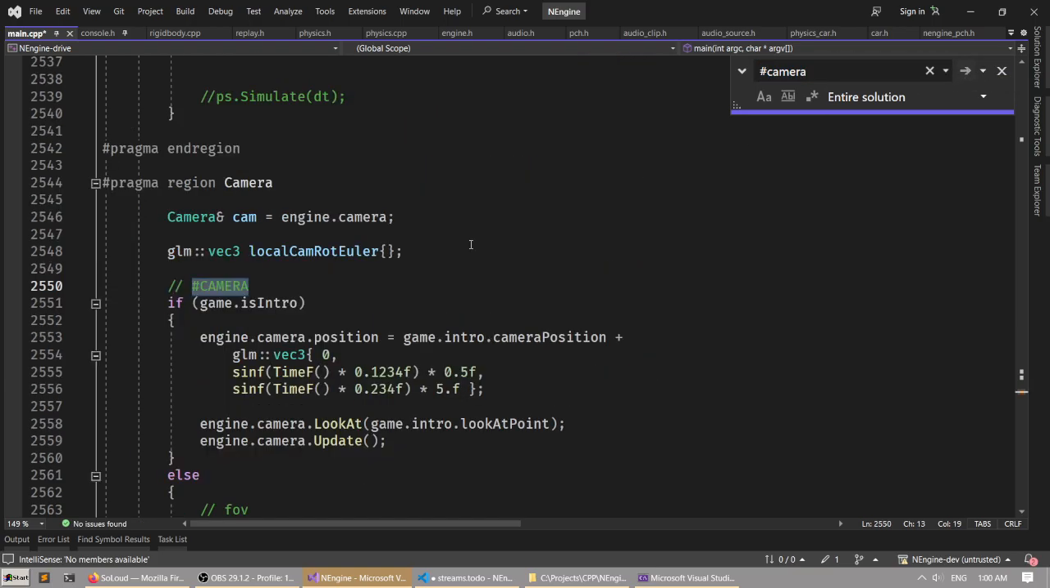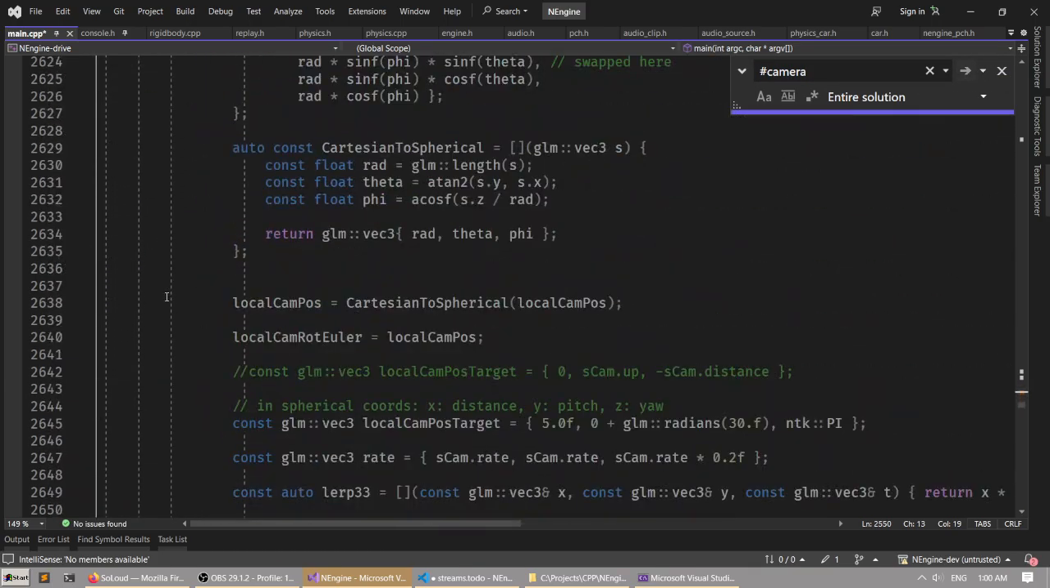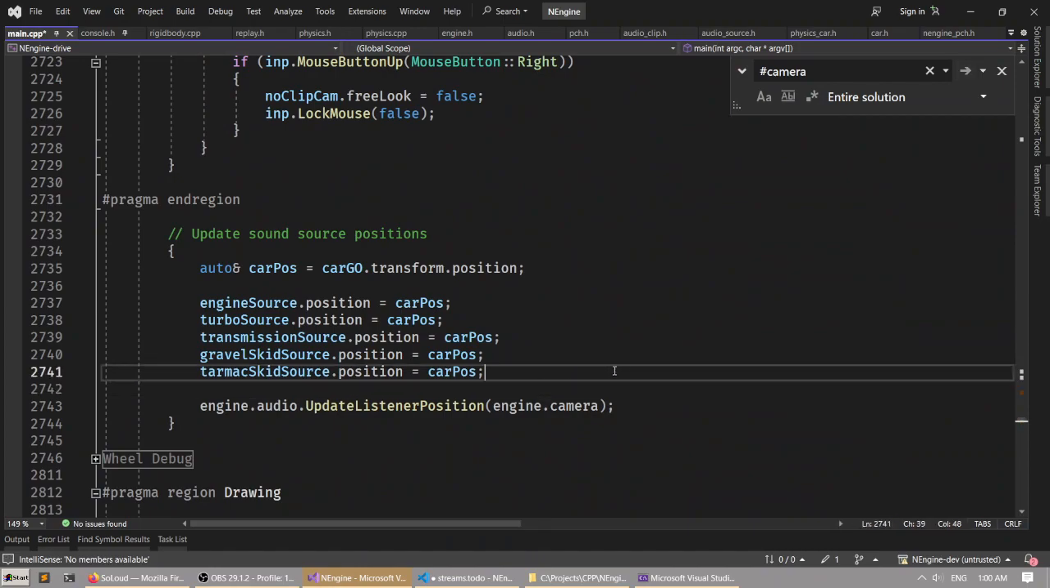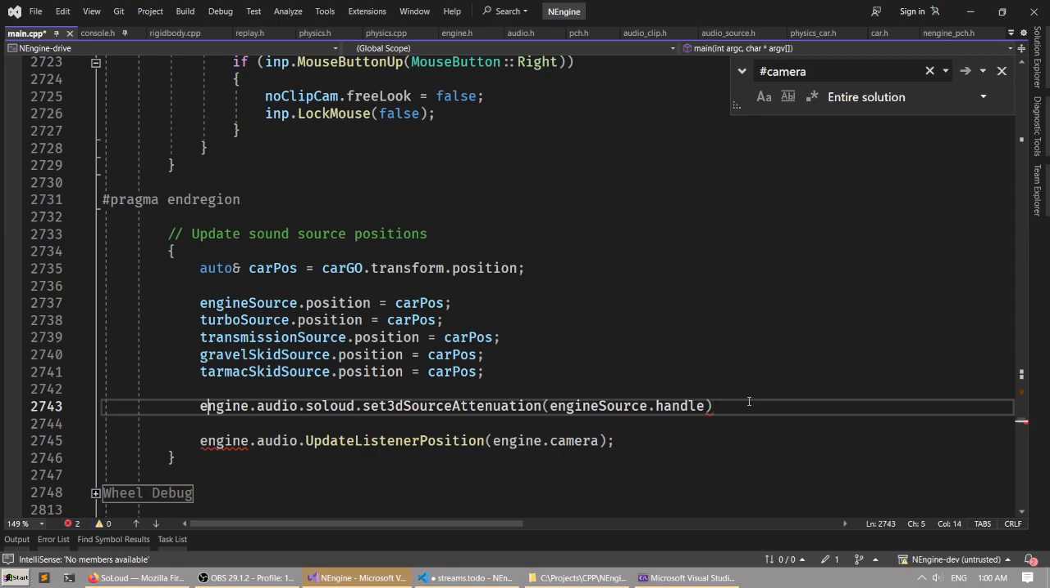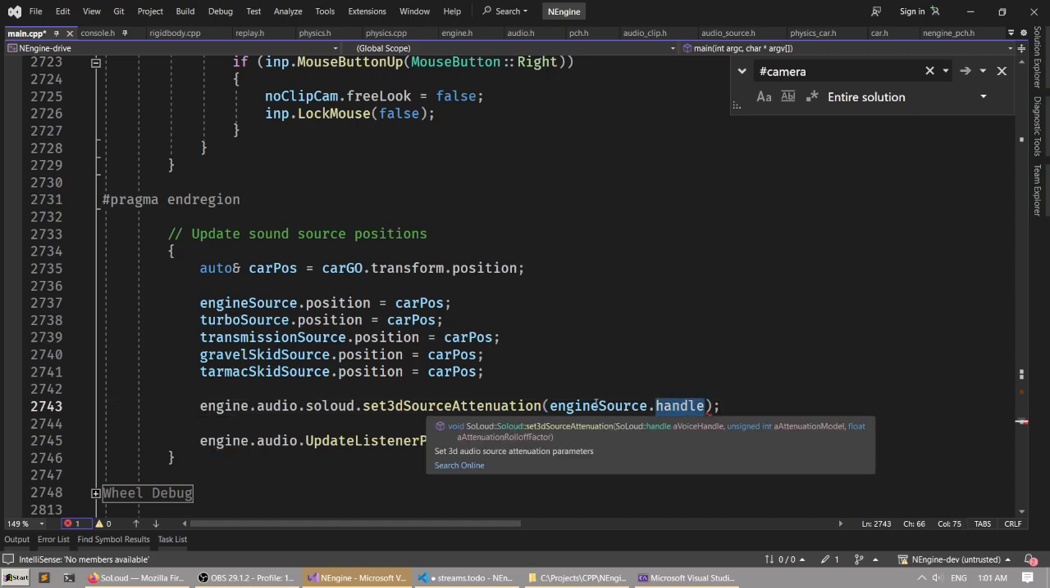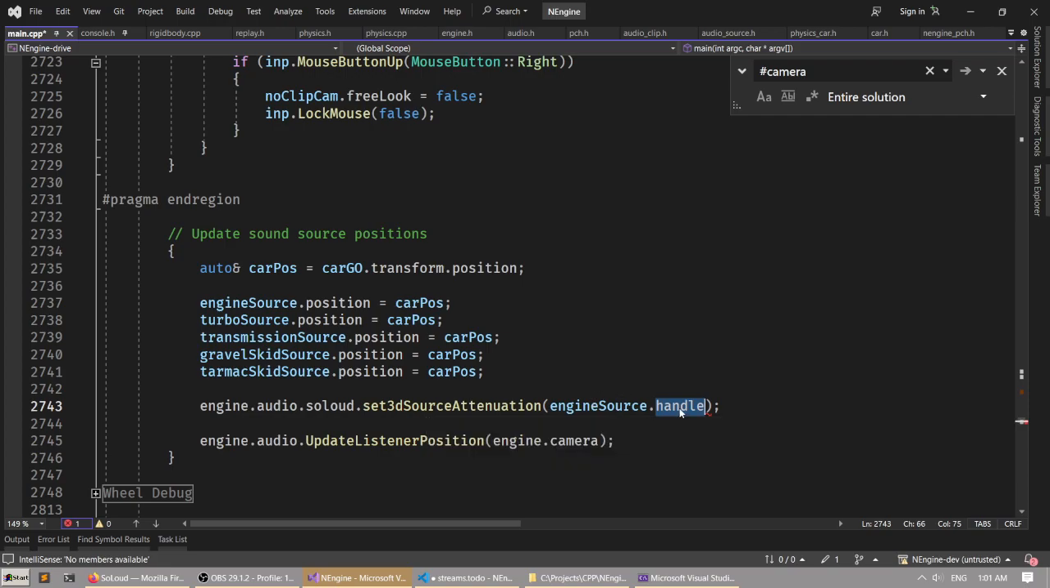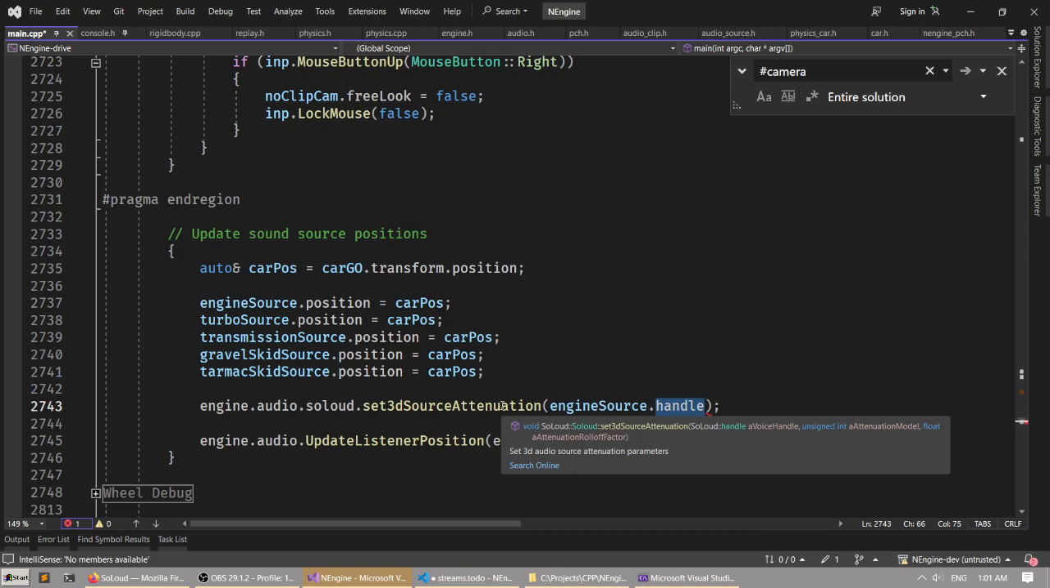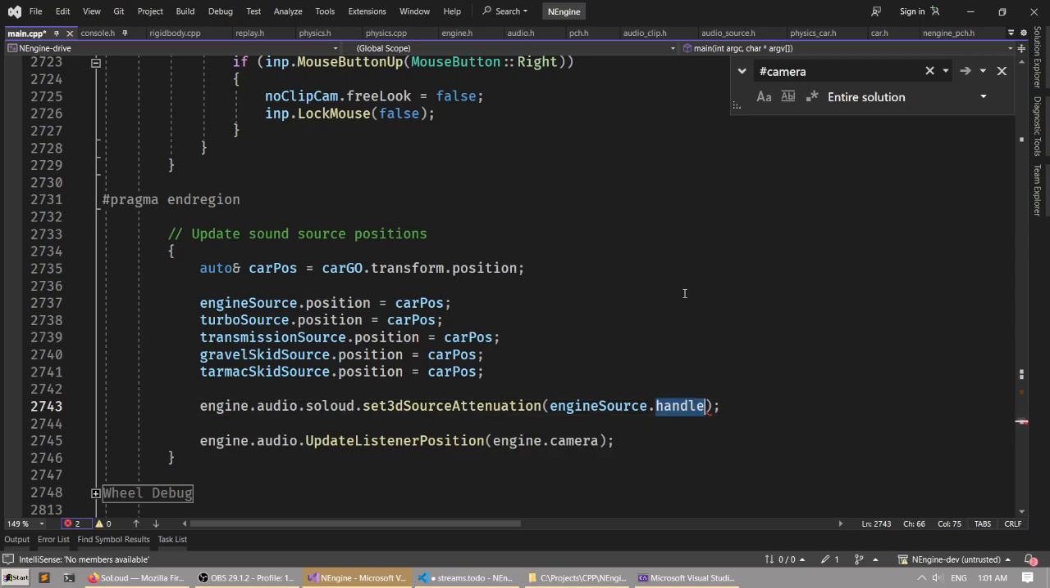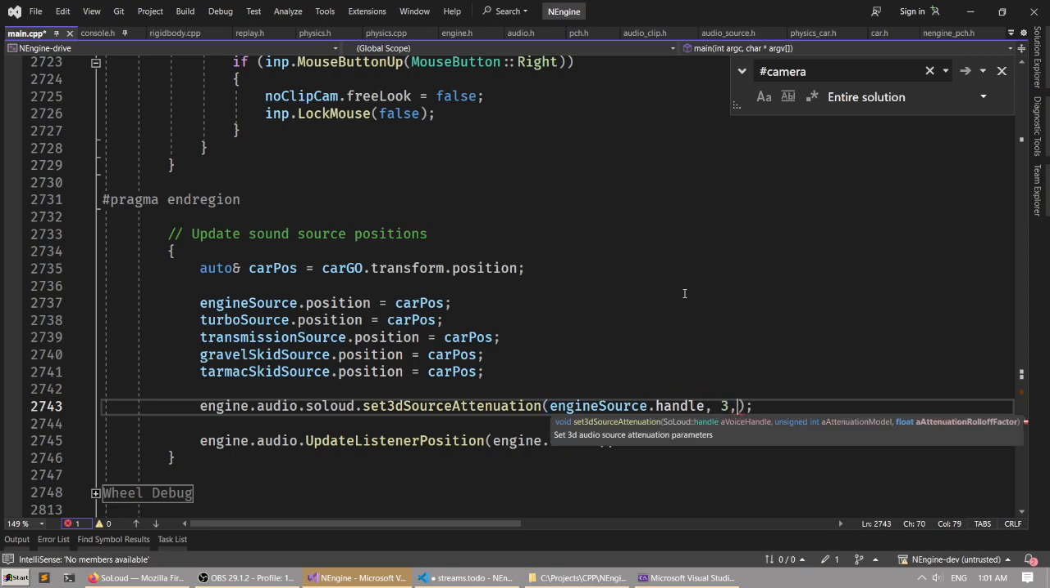Okay, let's see. Let's see if it's going to work here. For the beginning, okay, set audio source attenuation. Engine source handle. So I'm sure that the handle exists here. That's the thing. And then after this handle, I want to say attenuation model. Whoops. Attenuation model is 3, I guess. 0, 1, 2, 3. And the roll-off factor 1,